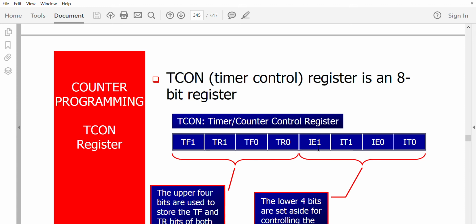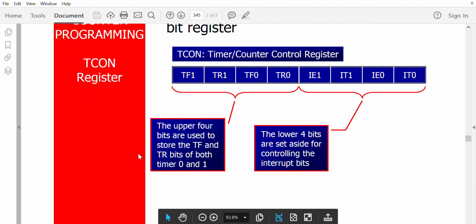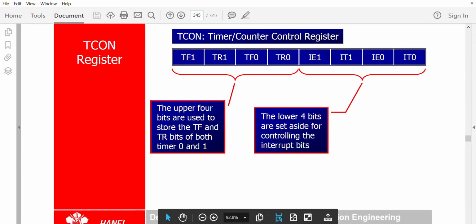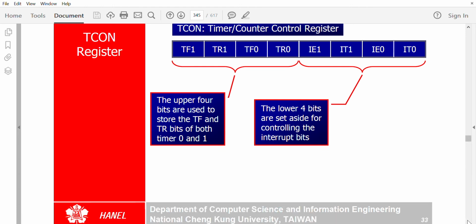Then you have some other bits also which we'll be seeing now. So upper 4 bits we know. Lower 4 bits are for controlling the interrupt bits. Okay, so when you talk about interrupts, we can know what is IE1, IT1, IE0 and IT0. So those are for interrupts.